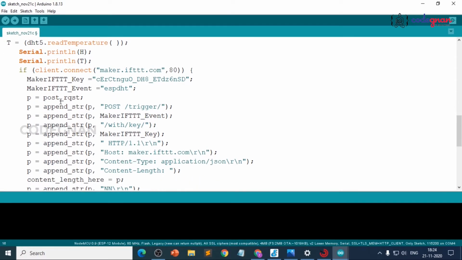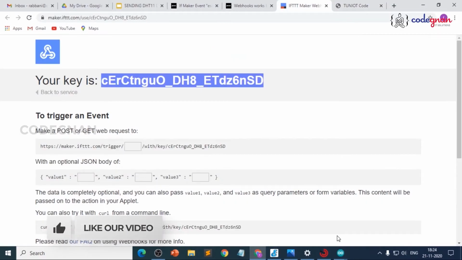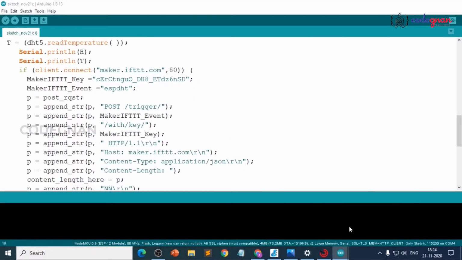Then we call a function. If client.connect to maker.ifttt.com on port 80, and the maker IFTTT key, we have copied the key from the web page and pasted it here, and we make the event ESP DHT here.